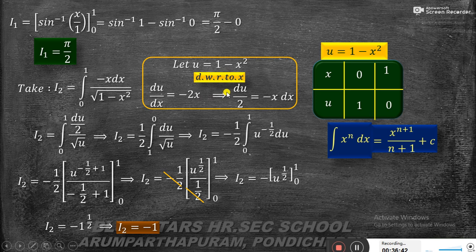In the next step we write du by 2 equal to minus x dx, you just cross multiply: minus x dx. So I2 equals the integral from 0 to 1. You substitute minus x dx with du by 2, and in the square root of 1 minus x square, I take u equal to 1 minus x square, so instead of 1 minus x square I substitute u. Therefore I2 equals 1 by 2 into the integral,